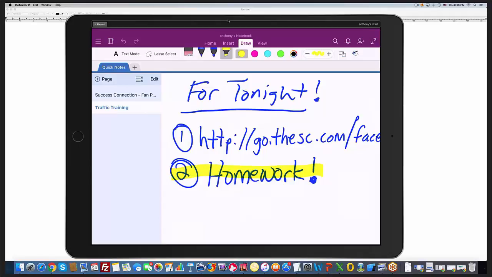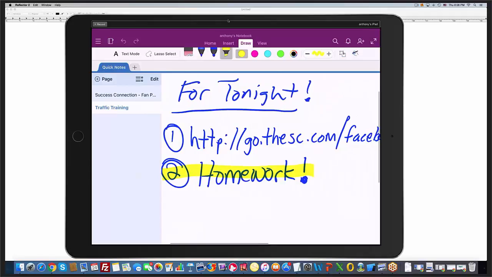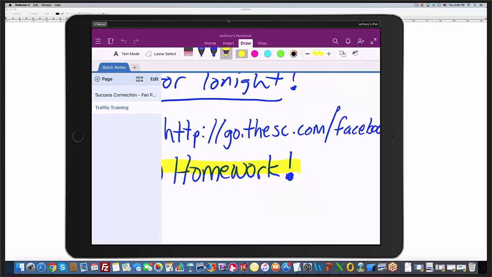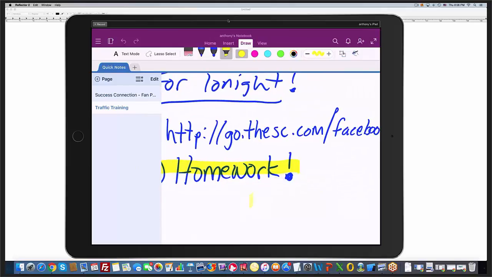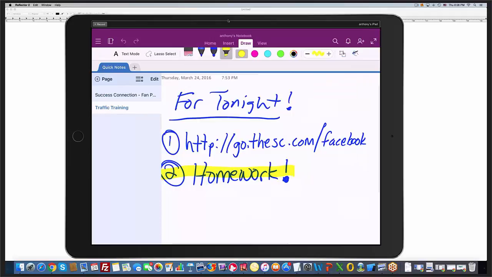So let me just move that back over. Now, bear with me because I am still learning this little thing. Okay, so for tonight,